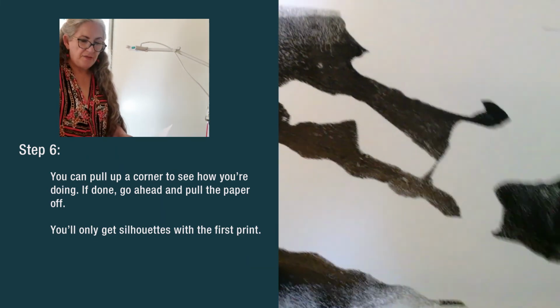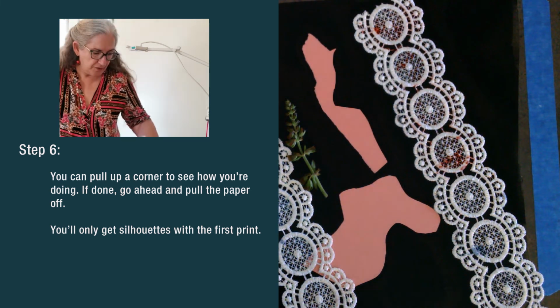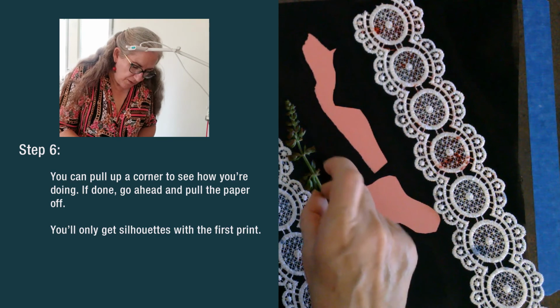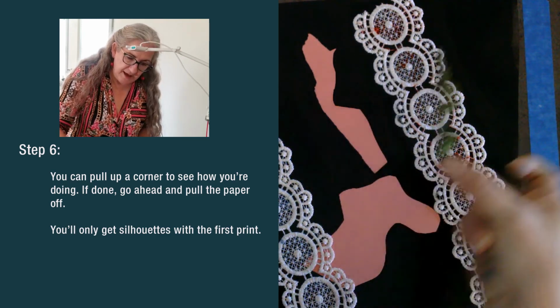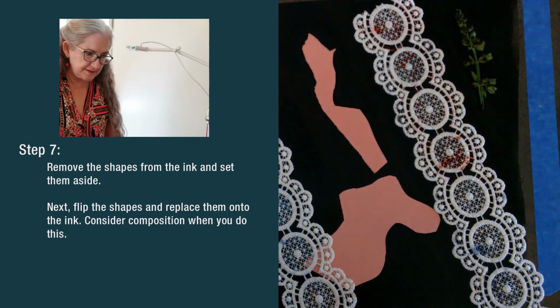There it is. The true magic with these prints is what happens when you do the shadow print. So now what I'm going to do is lift these things out of the way and rearrange them. Now, if you are an artist, what happened to my...